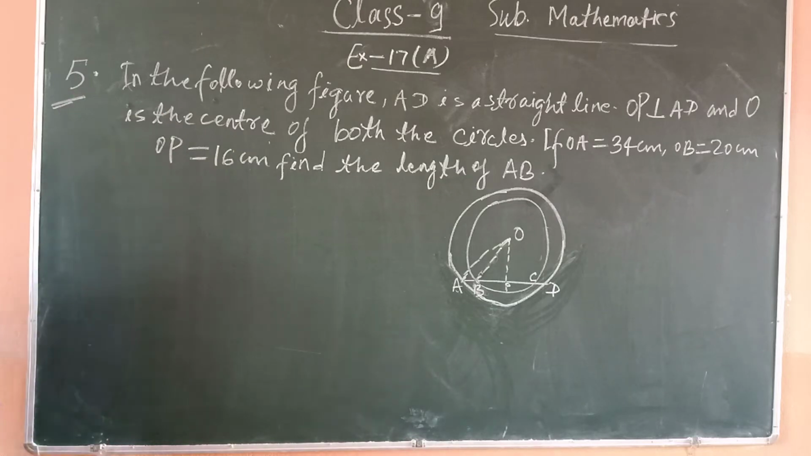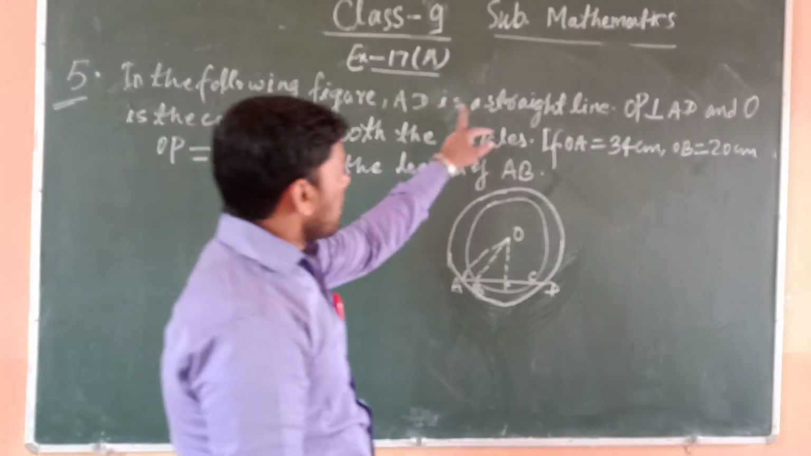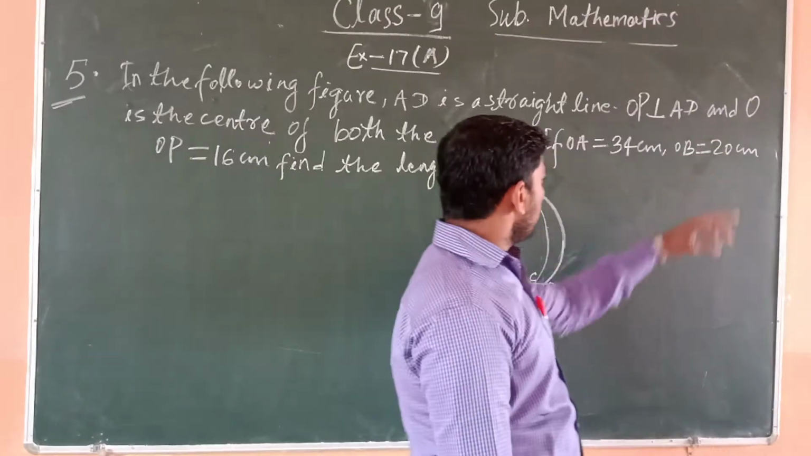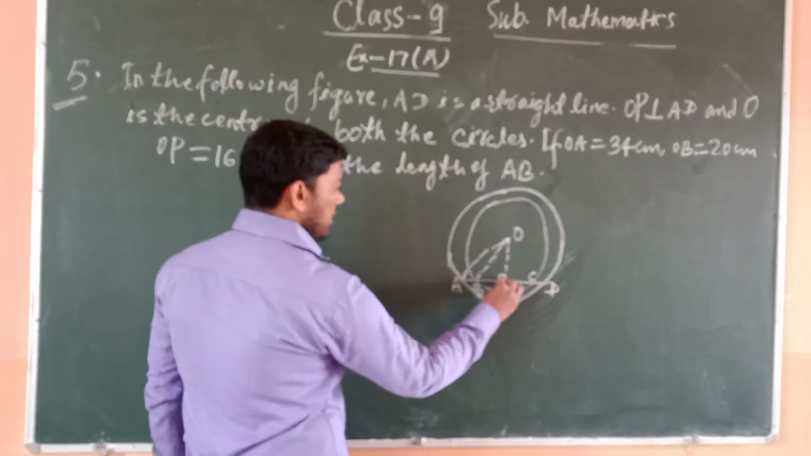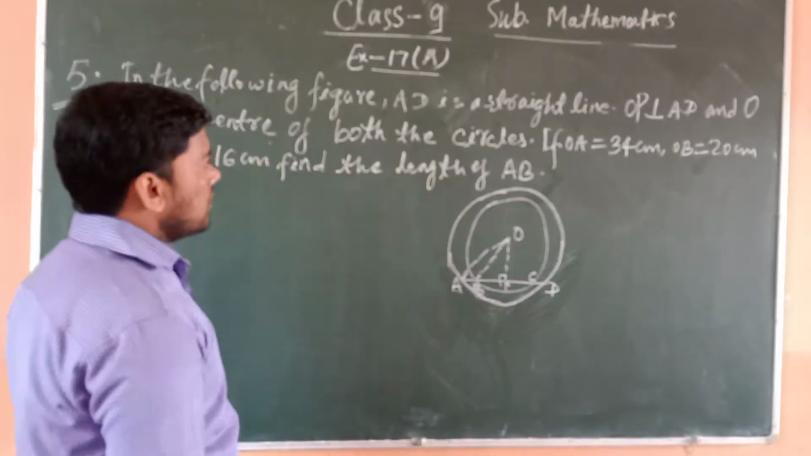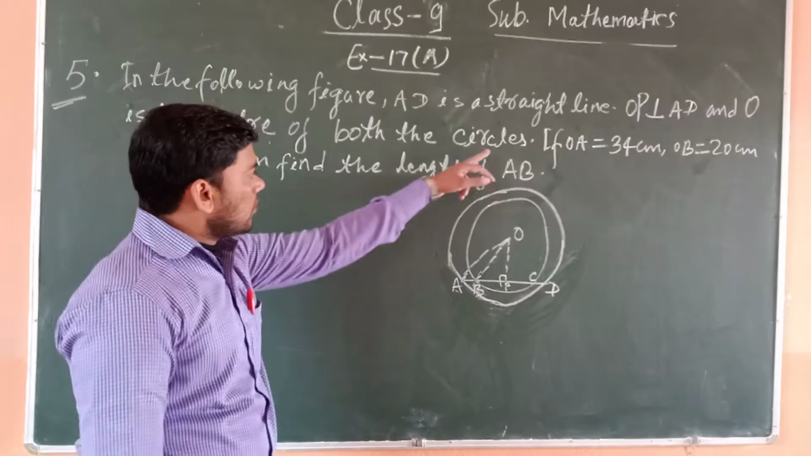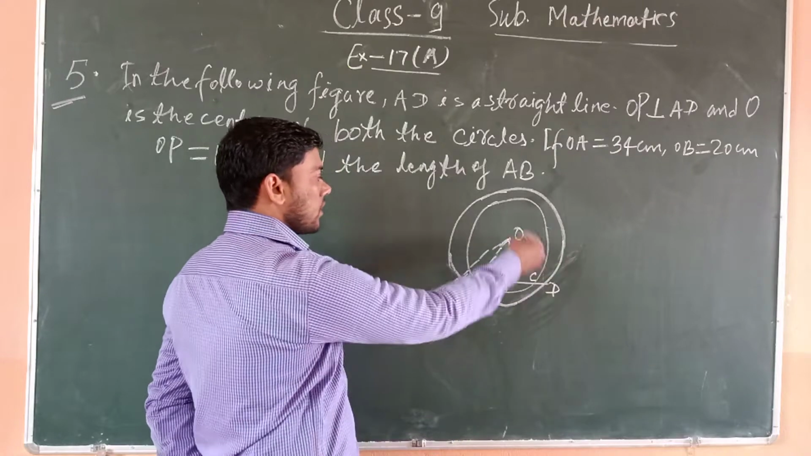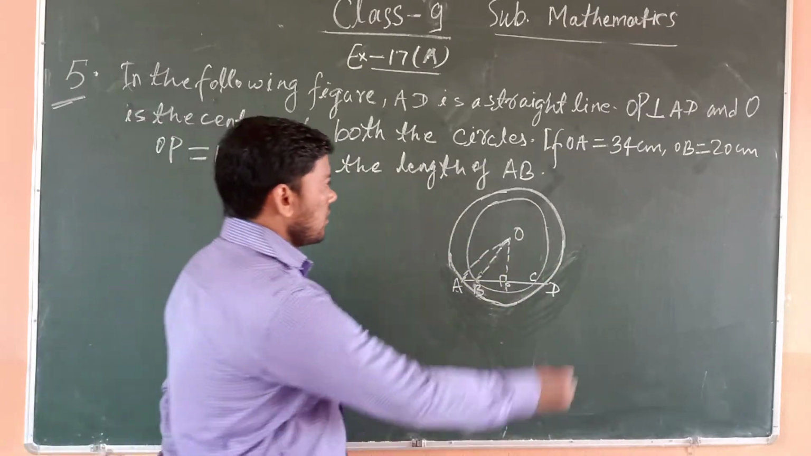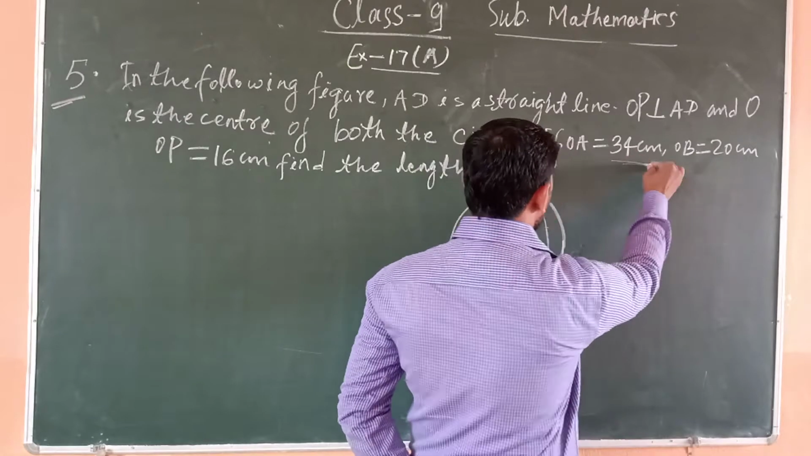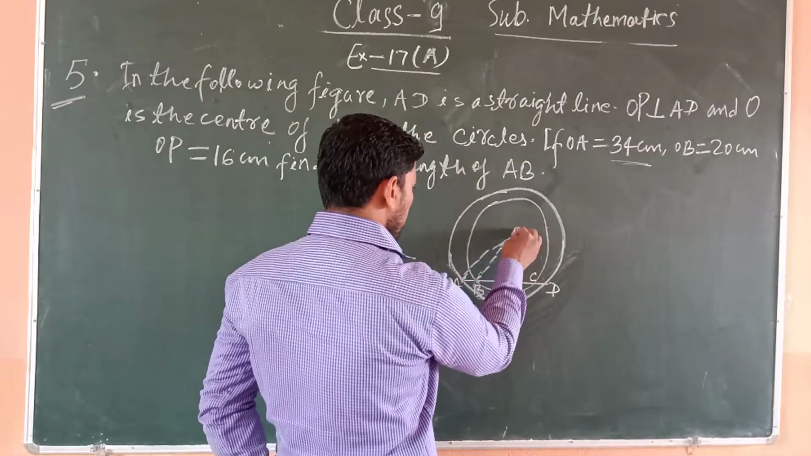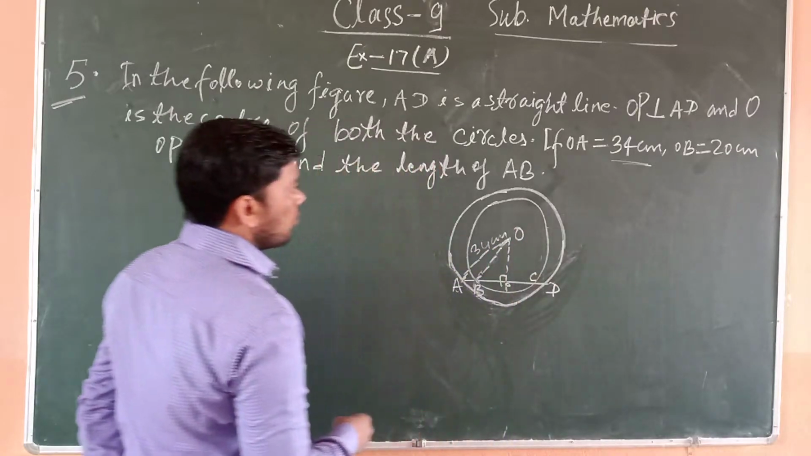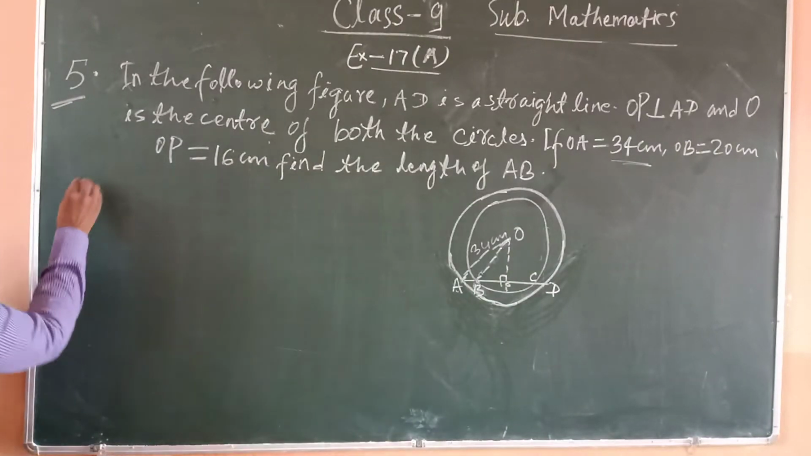Question number 5 is, in the following figure, AD is a straight line. OP is perpendicular to AD. And O is the center of both the circles, when the circles are concentric. If OA is equal to 34 centimeters, OB is 20 centimeters,